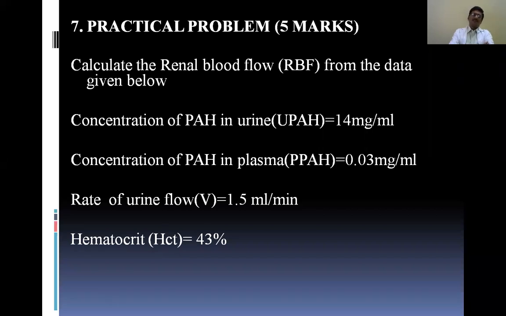So whatever clearance value, or renal plasma flow, you get, divided by 0.9 gives you the effective renal plasma flow. Of course, in this case we are not going to do that, but somebody may ask in the examination how to calculate the effective plasma flow. What is the flaw, what is the drawback of using PAH? We need to calculate the extraction ratio in order to get the correct plasma flow. The extraction ratio is the arterial PAH level minus venous PAH level divided by arterial PAH. The normal value is about 0.9.